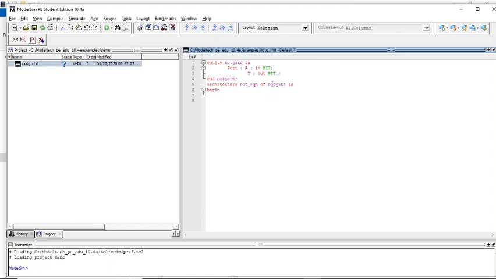Begin is the keyword. Output Y is equal to, so less than or equal to is the assignment operator in VHDL. NOT is the keyword, of input A.